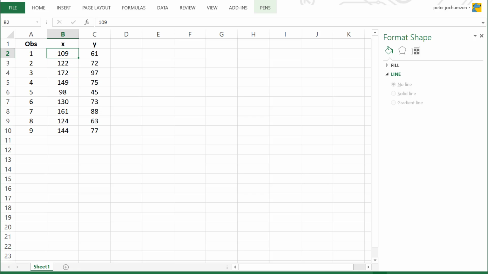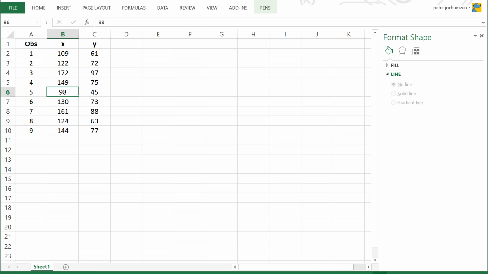So for example, the first student studied 109 hours in total and got 61 out of 100. We have one student who studied a lot. The third student studied the most of these and got 97%,